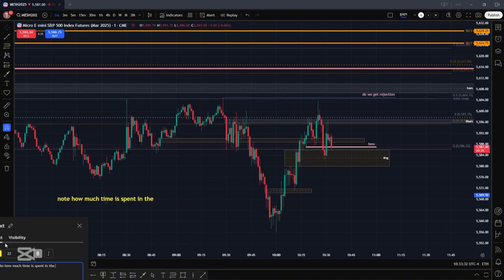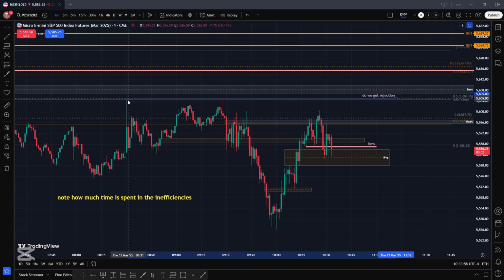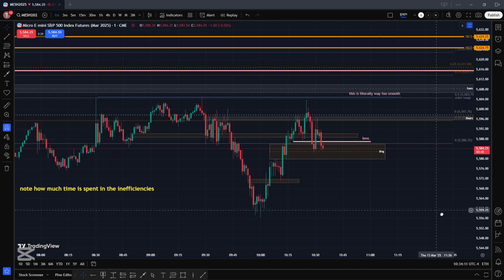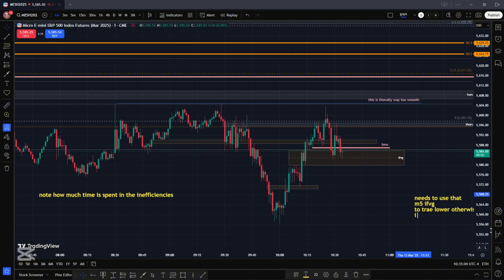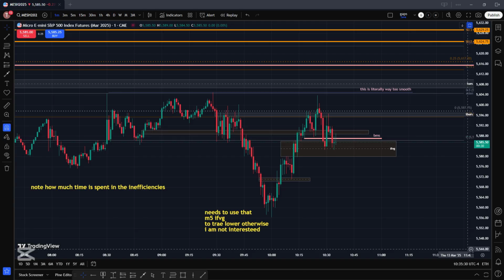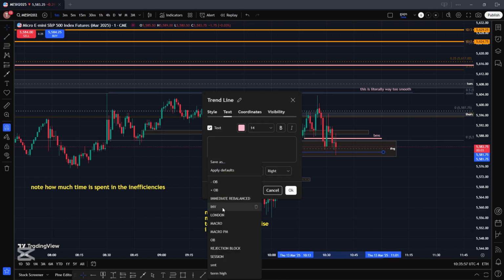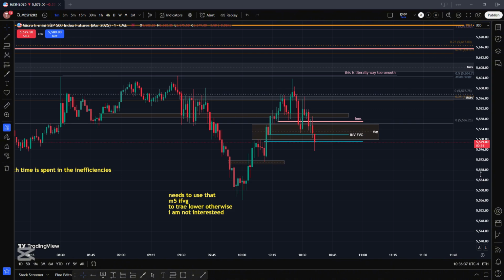But what I don't like is that they left that smooth highs right there. And right here, I could have just gone short, but because the dollar was trading lower also, I just did not do anything. And that can be an entry, immediate rebalance. Why? Because it's reacting off the 850 fair value gap that I outlined right there, and we have displacement. So definitely a very good entry right there if the dollar was moving higher.